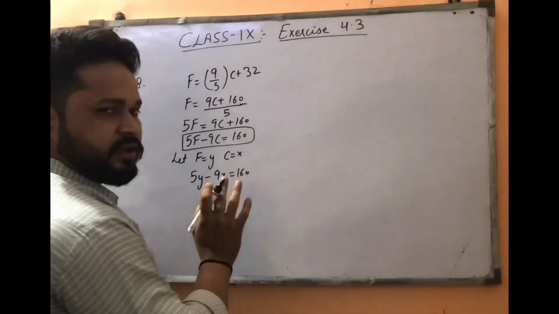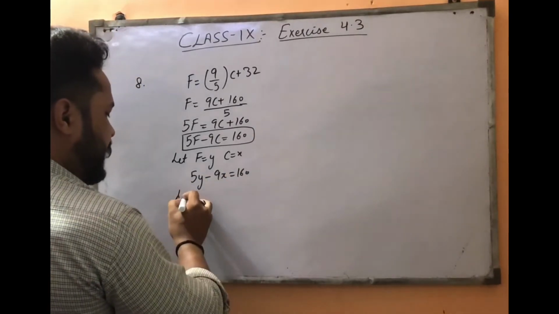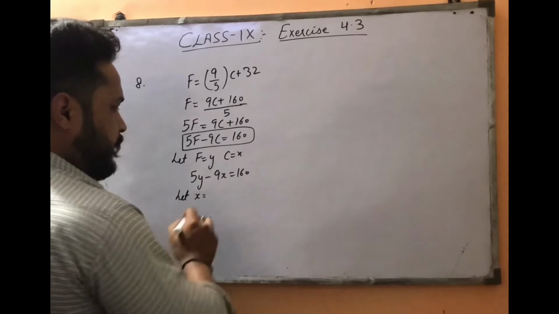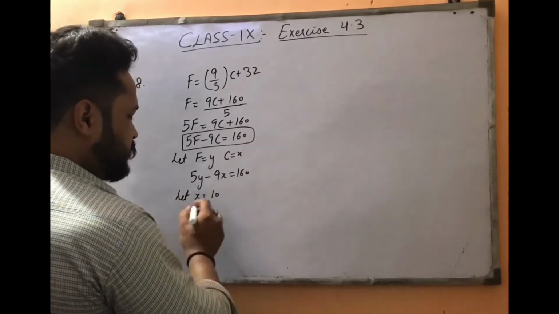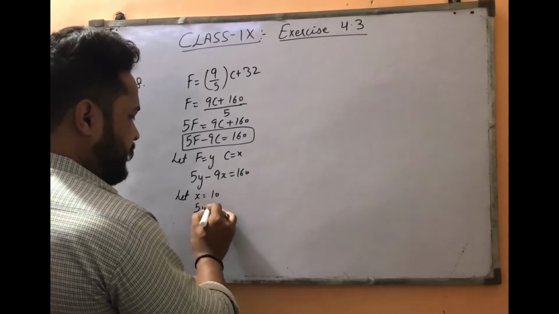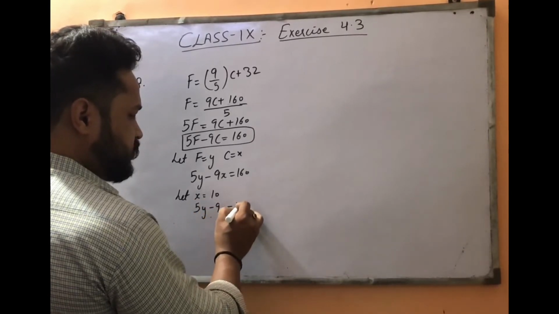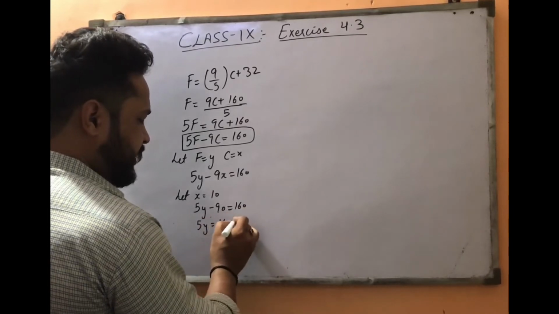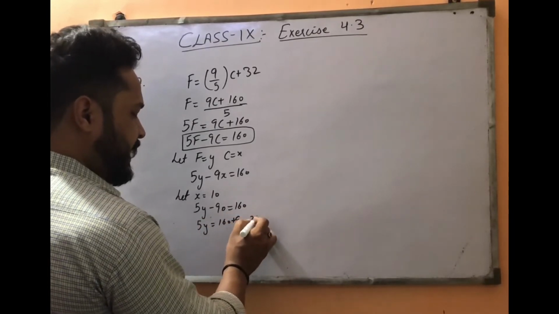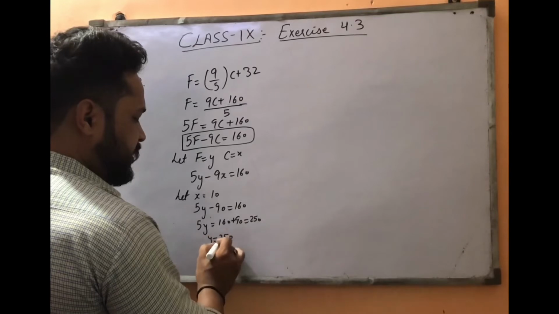First we can find two or three solutions. Let x equal 10. When x equals 10, 5y minus 90 equals 160. Then 5y equals 160 plus 90, that is 250, and y equals 250 divided by 5,